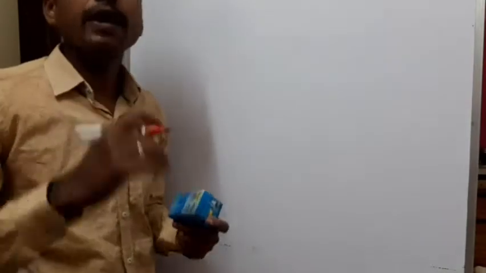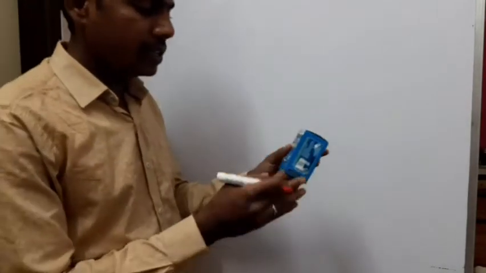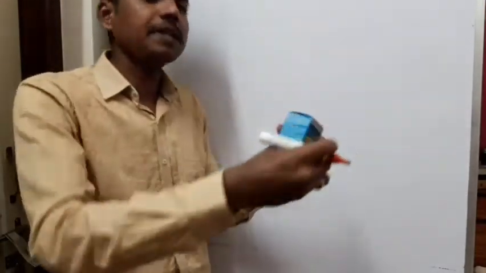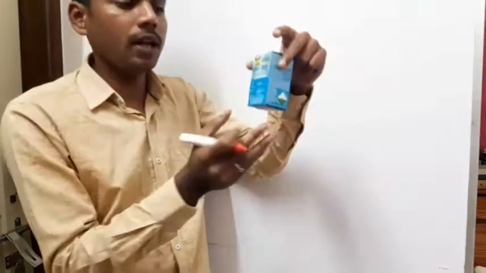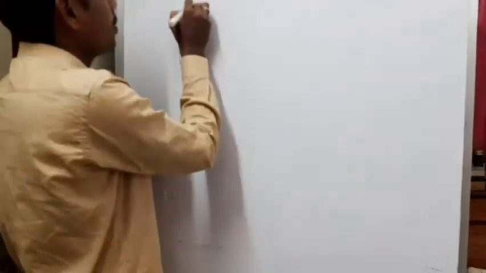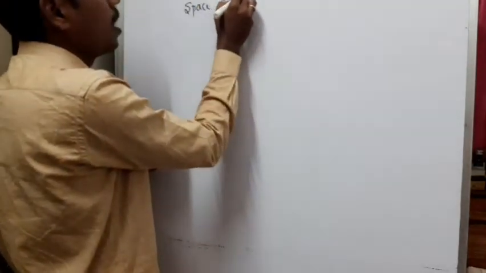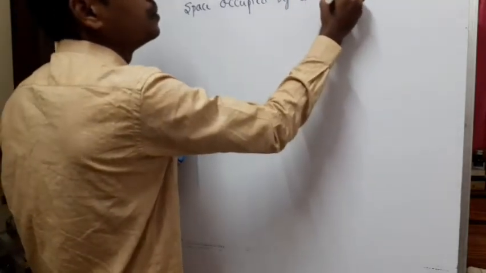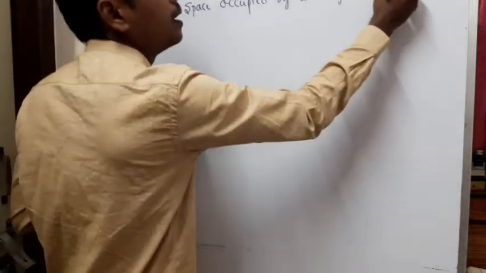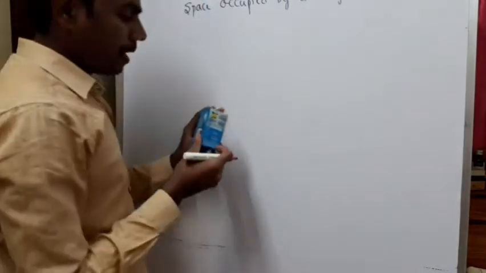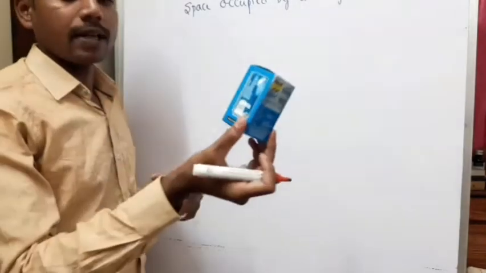So next concept is volume. Volume is the space occupied by an object. See, in case of surface area, we used to measure only the surface area. Then what is volume? Whatever the space occupied by this. So this is the total, complete thing that if we measure, that will give us volume, space occupied by an object, is called volume.